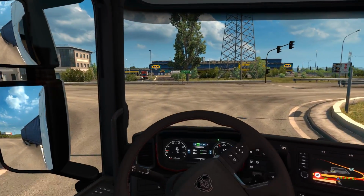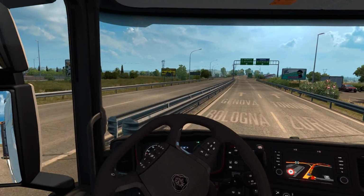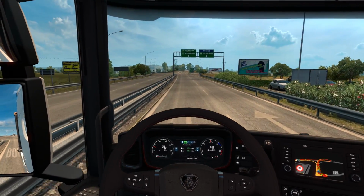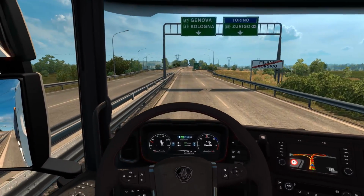Sorry, I just knocked the microphone. But yeah, let's do a quick pull here, see how it does. I mean, we've got... Oh, it's only 9 tons, so it's not too heavy, but...